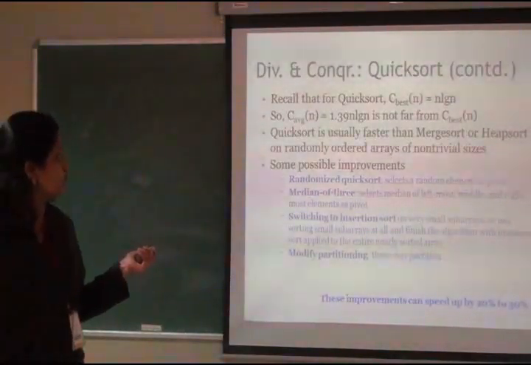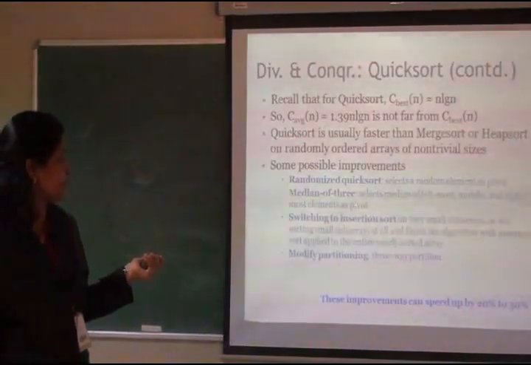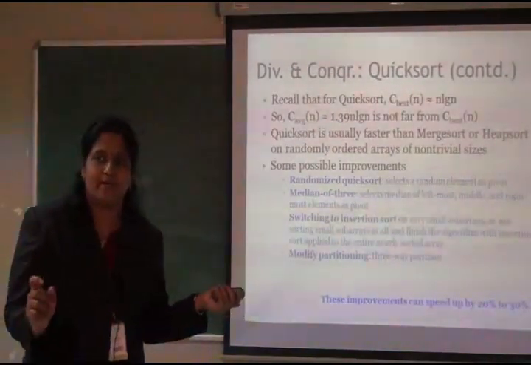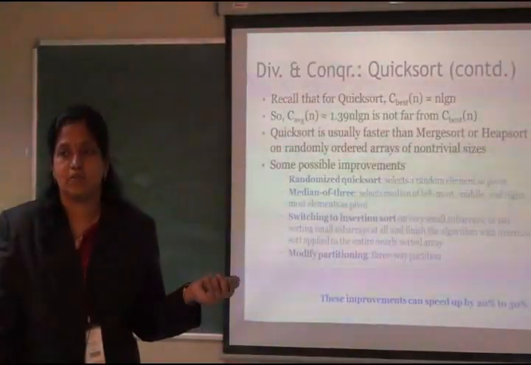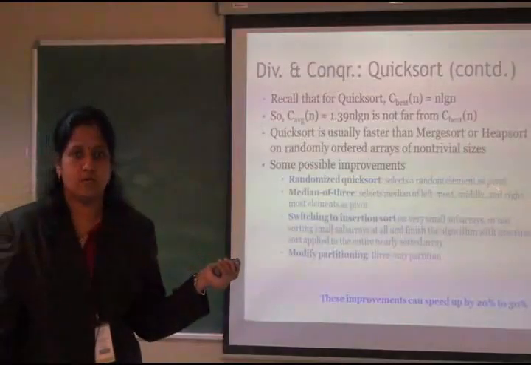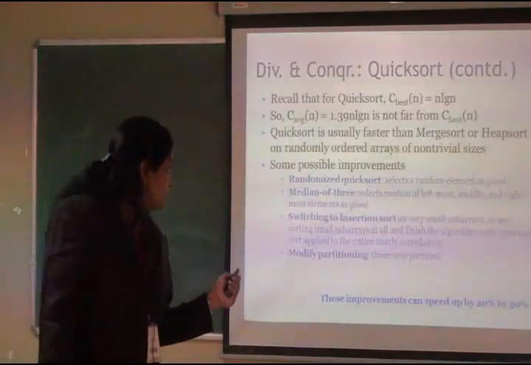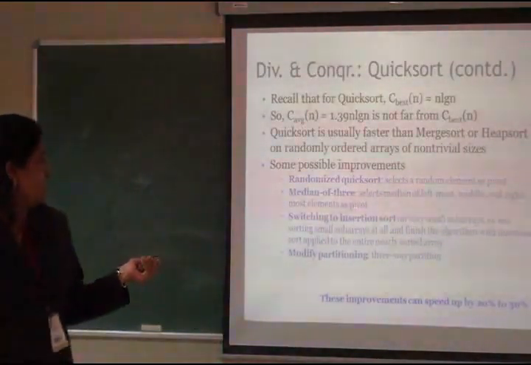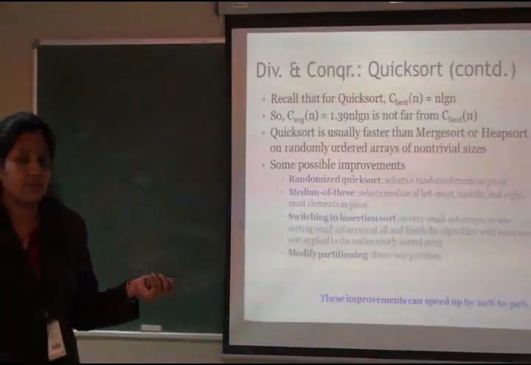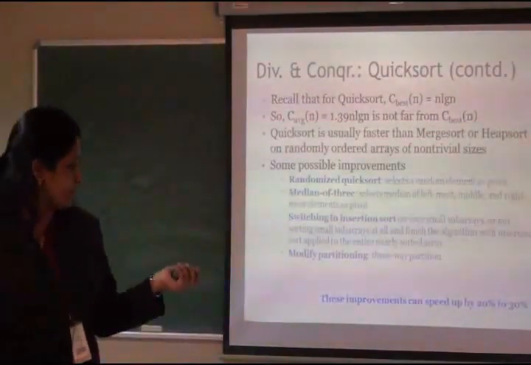So what are the things to be improved in quicksort? Some are randomized quicksort, median of 3, where we identify only one element, the same way as multi-way merge sort. Here also you need to find the median value to find the pivot element, because locating the pivot element is a challenging task. For that, if you use this median of 3 concept, it would be useful. And switching to insertion sort, even in quicksort, if we use insertion sort while sorting a small array, that could be